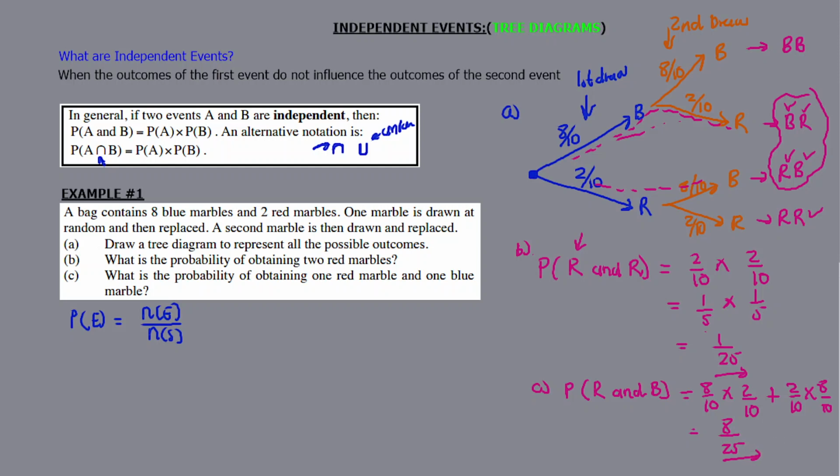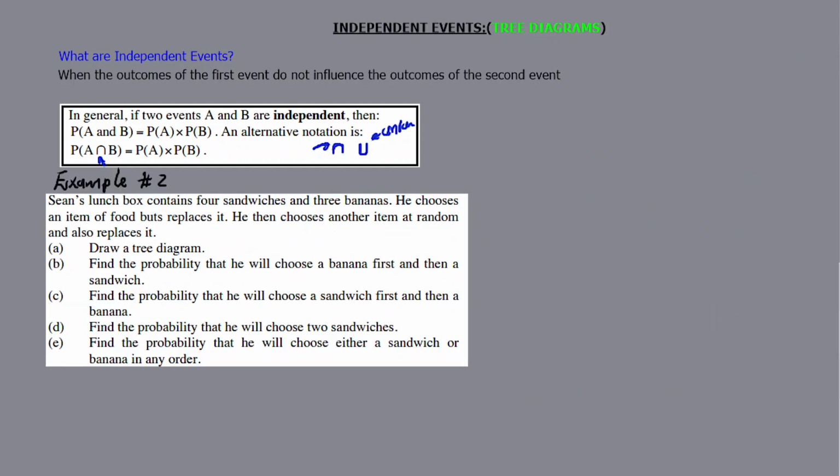Okay, let's do one more. Example number 2. Cian's lunch box contains 4 sandwiches and 3 bananas. So imagine a lunch box with 4 sandwiches and 3 bananas. He chooses an item of food, but